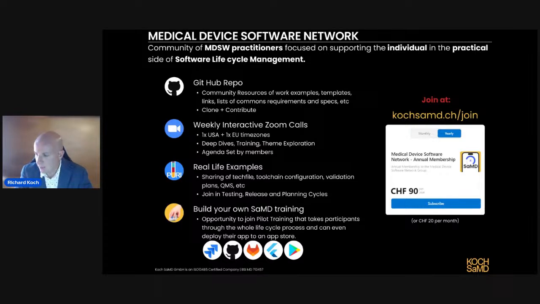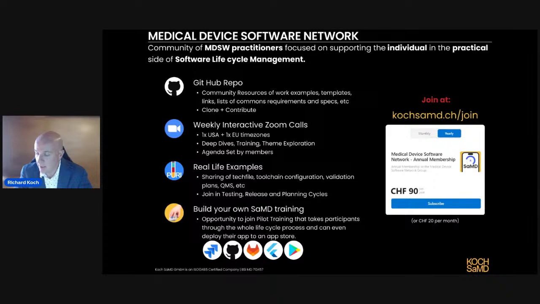I'm not shy about that because I think that's where I've been, my laboratory, to be honest, to upskill myself. And this is really important maybe for QARA professionals who haven't been involved in software deployment to get their hands on some of this stuff, get involved in testing, release, planning cycles.